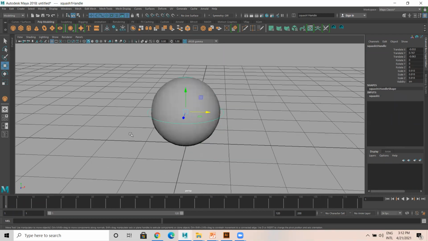Now I select this squash handle and shift select the sphere, press P. P means I made the handle a child of this particular object.